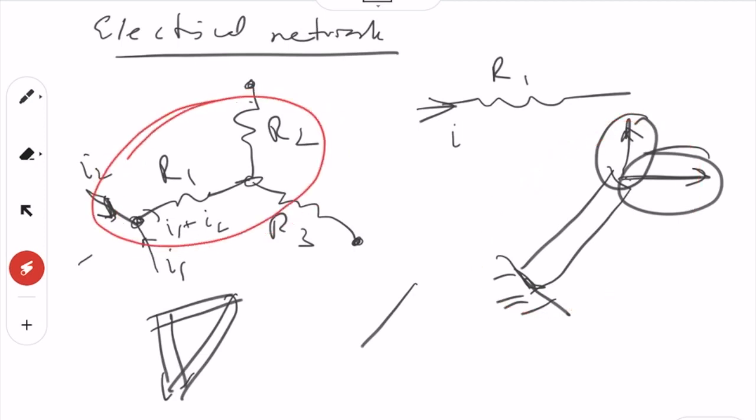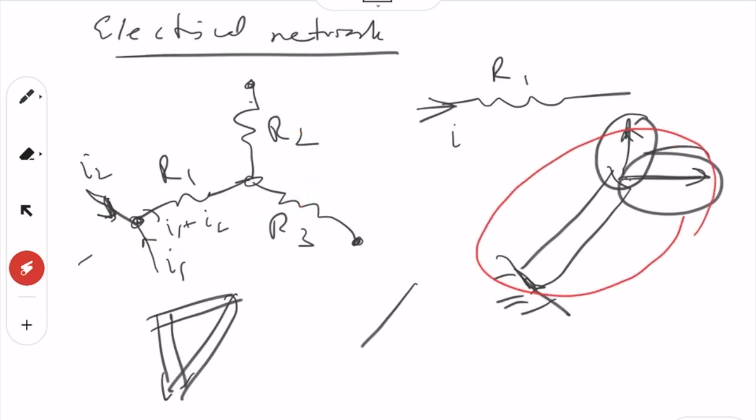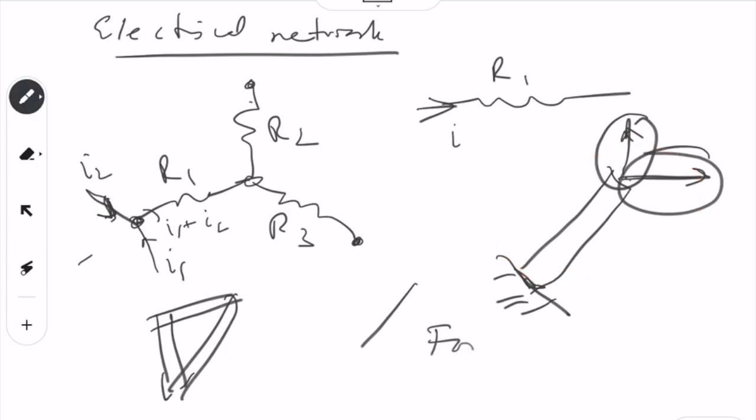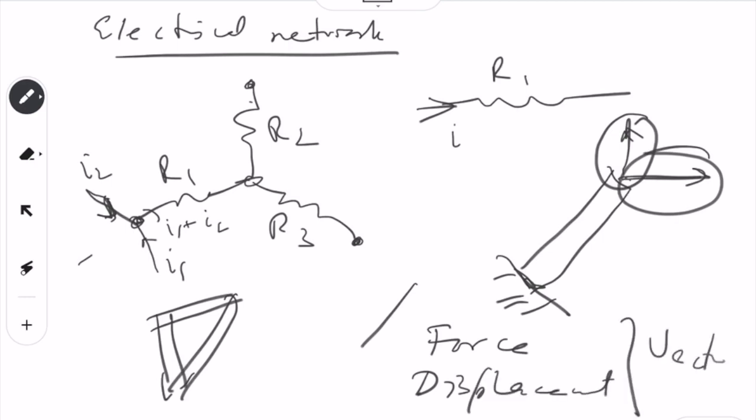Here you have conservation of charges, but this one is based on Newton's law, right. Summation of forces will be equal to 0, and force itself is a vector. Force or displacement, these are vector quantities, and hence